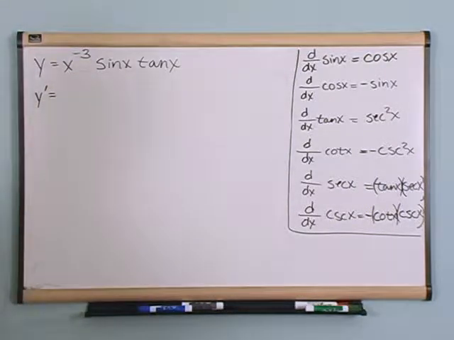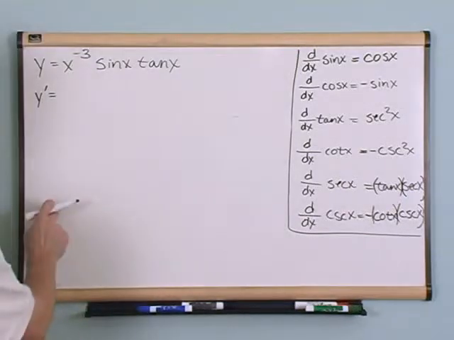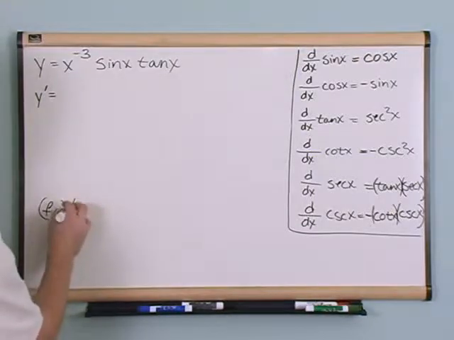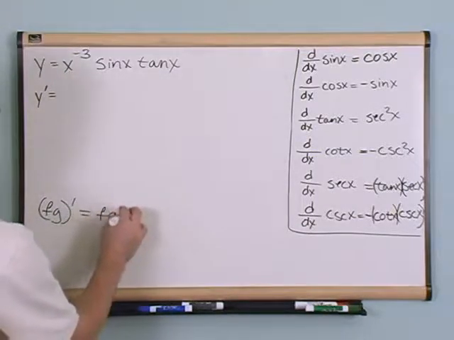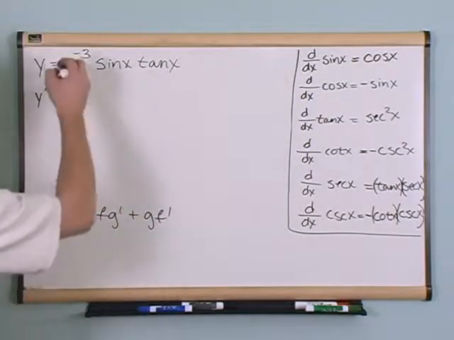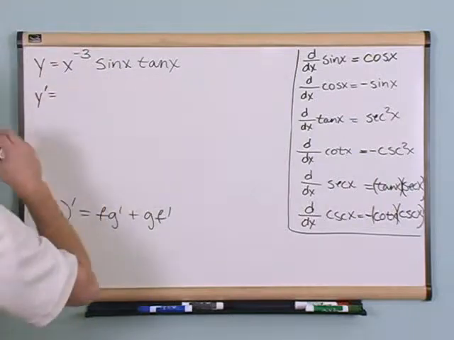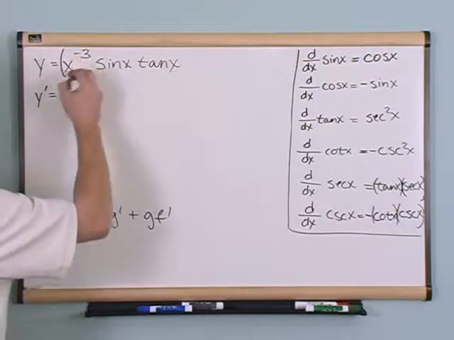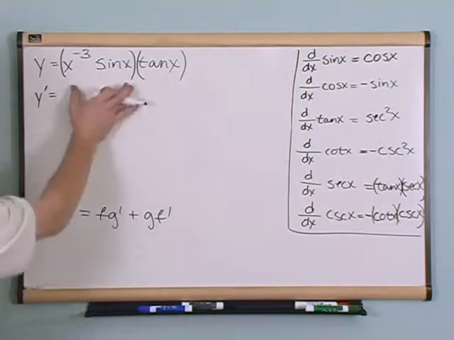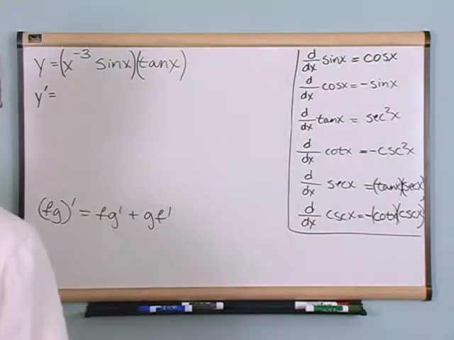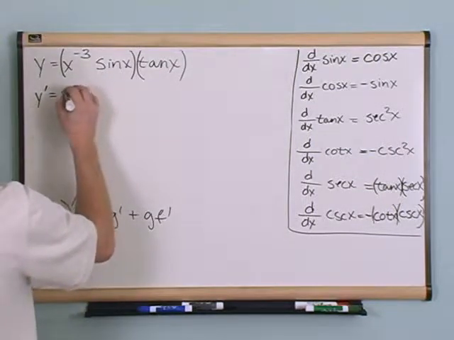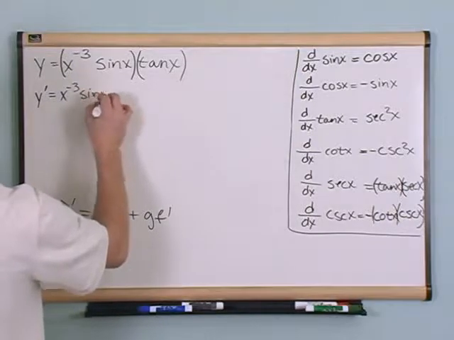Well, my advice to you is, since the rule that you know of so far to take a derivative of 2 things multiplied together would look like this. First times the derivative of the second plus the second times the derivative of the first. That's what we've been working with. My advice to you would be to treat this as 1 term and then treat this as 1 term. So this is your first function here and this is your second function here, and you will see that that's going to help you. So the first term is just x to the minus 3 times sine of x,